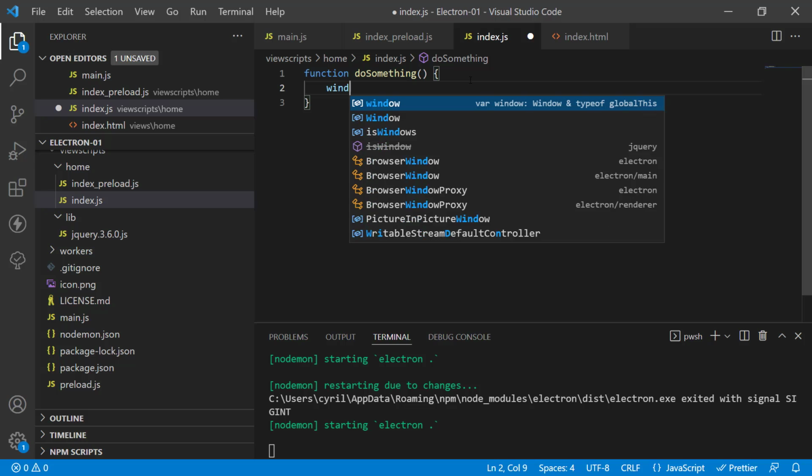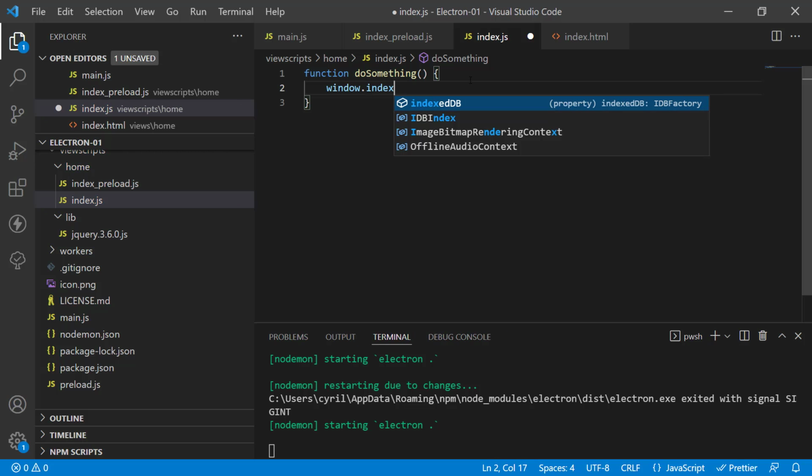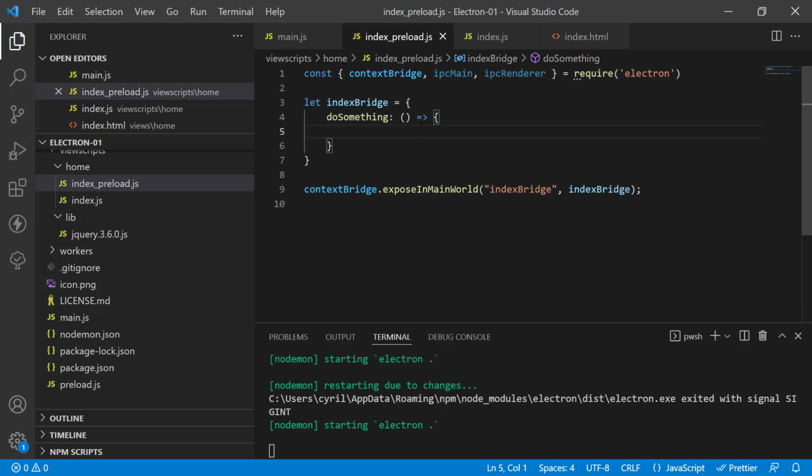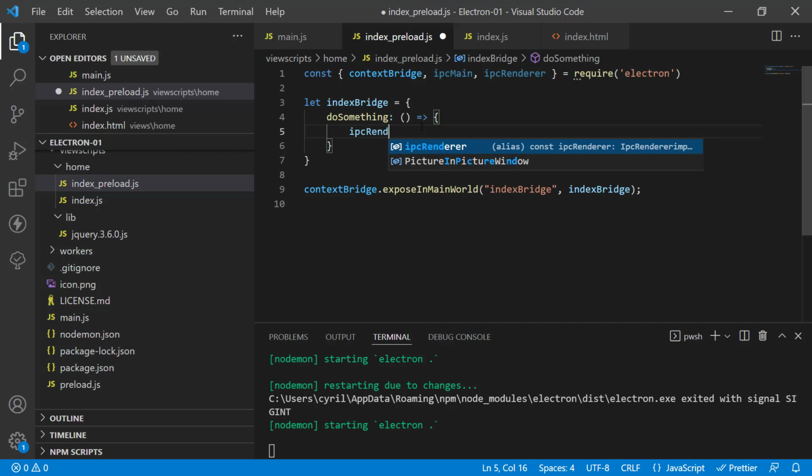So we'll do window.indexBridge.doSomething. So now this function will be called, and when we run it, still nothing is going to happen. The first API is net, and the net API lives in the Node.js process, which is the main process. So we have to call the main process from the renderer process. To do that, we need to use IPC